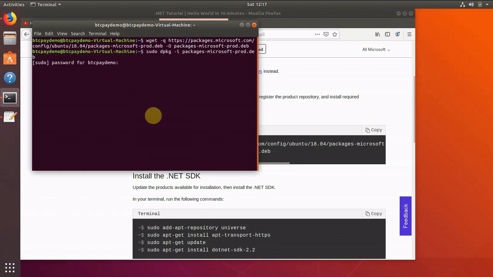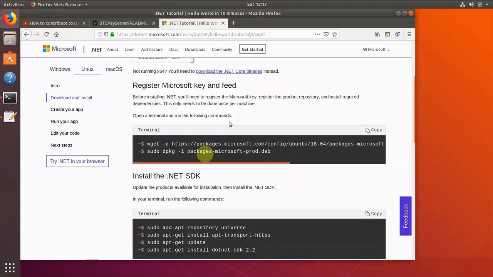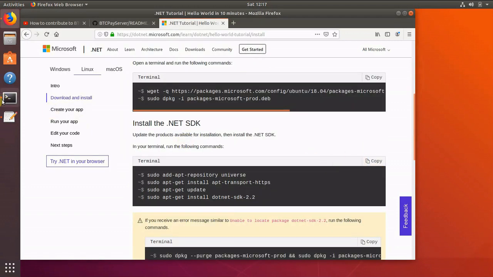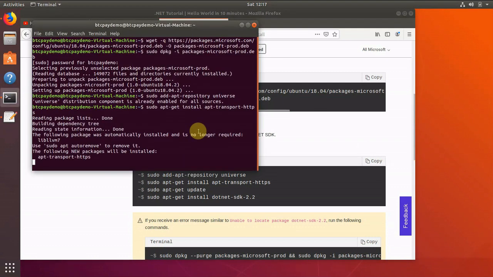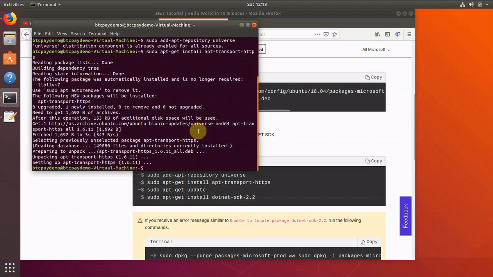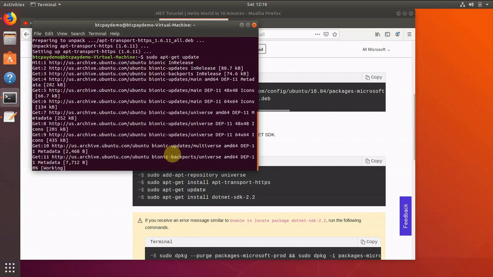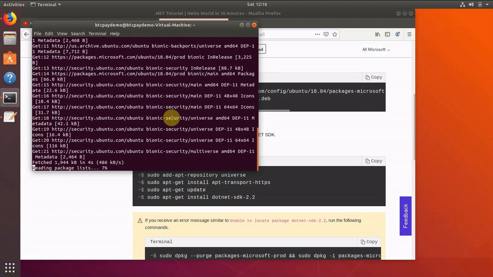Paste. Most of this video will be just copy pasting stuff, and it's pretty much what programmers do anyways, right? You just Google, find the answer to your question, copy paste. Luckily we have Stack Overflow these days, so install, transport. So it seems we need to do these last 2 commands. Type them in, mix it up a little bit, a little bit of copy pasting, a little bit